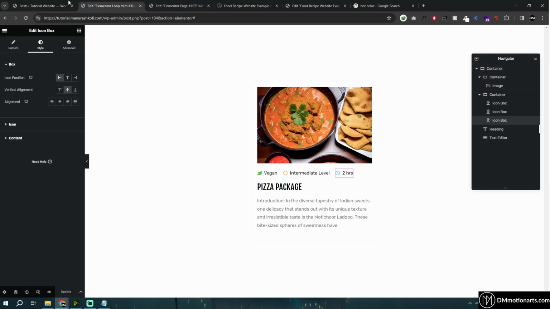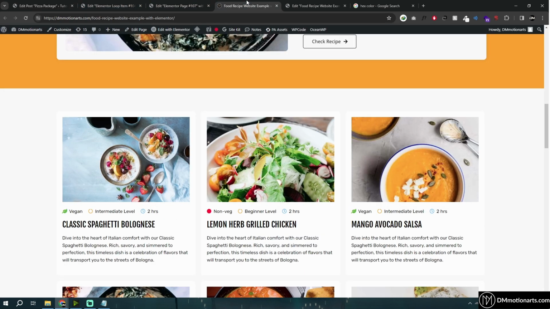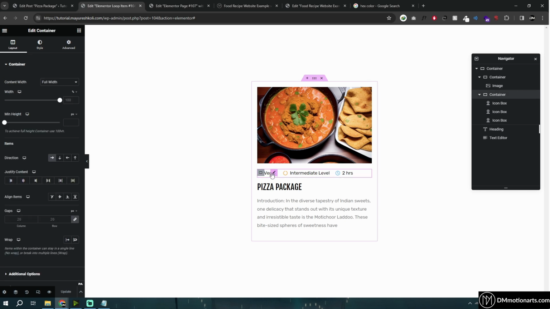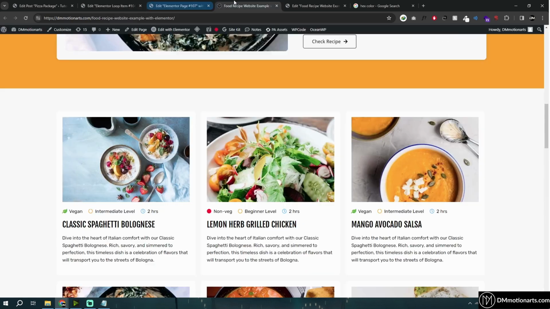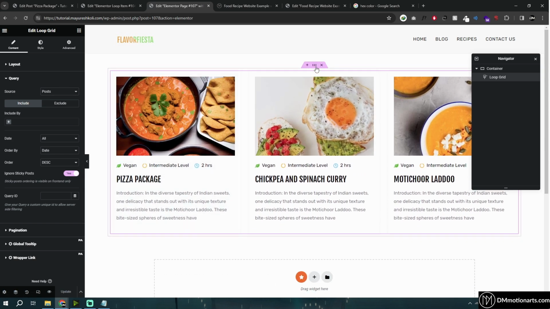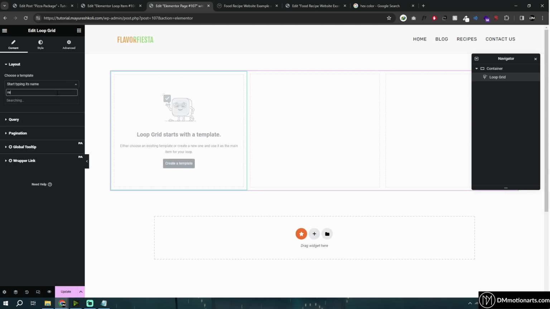So let me show what this does. If I go into the pizza package and click on edit right now, here I get more options, which are vegetarian, vegan, non-veg. So let's say I select non-veg right now, update, and if I do anything, it will not make any difference. It will not automatically change this to non-veg. How do I preview it without reloading? If I remove it and then add it again,